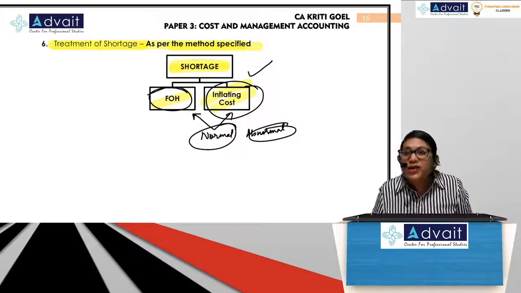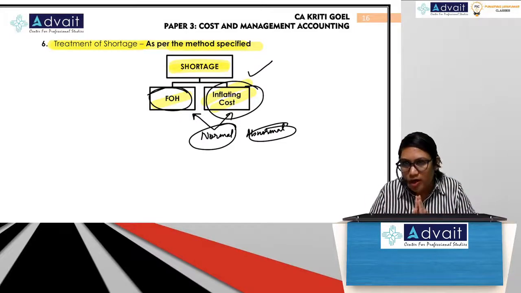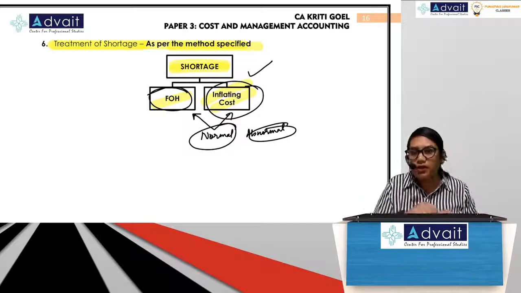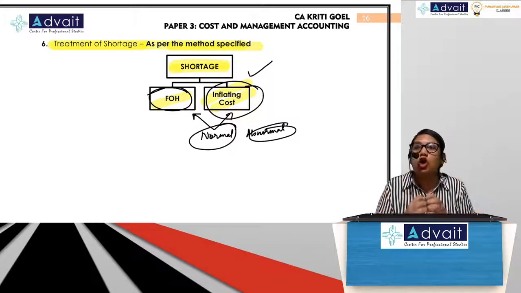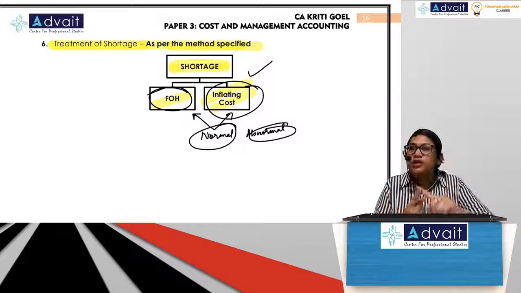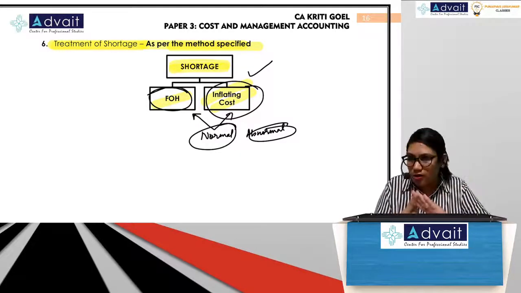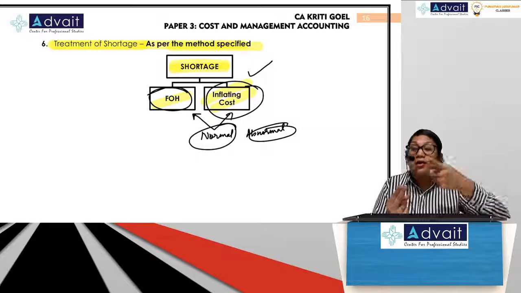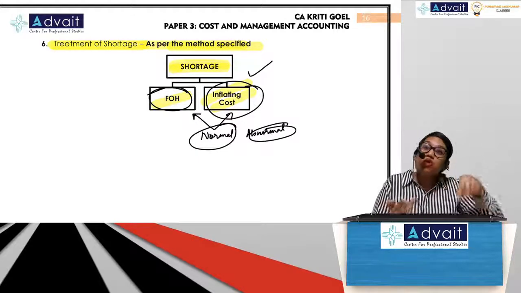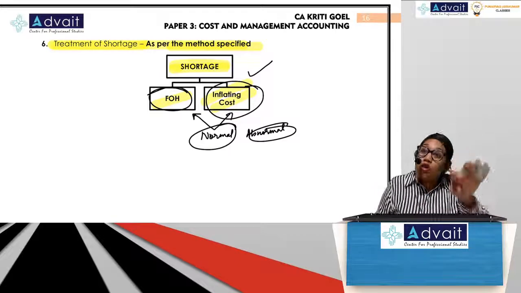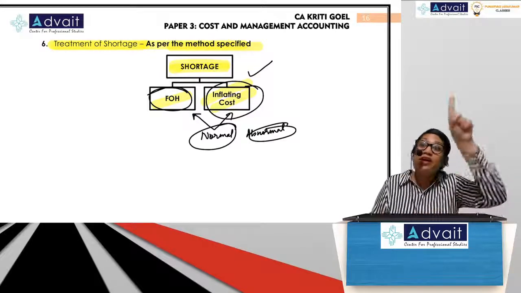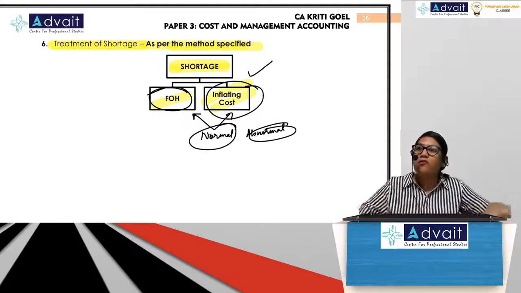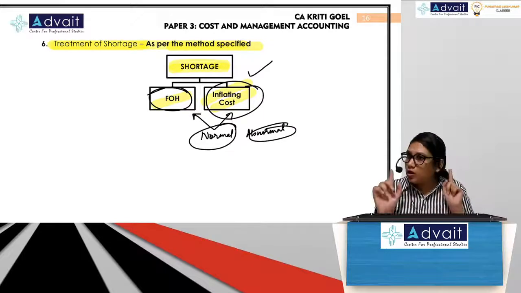But if it is to be treated as FOH, we don't know that yet. So don't worry, we will understand this with the help of a sum which I have given in the book. In that sum, we will treat shortage. First, we will assume shortage is normal, and we will treat it as FOH and by inflating. Then we will assume shortage is abnormal and show how it goes to costing P&L account. I will also give you journal entries for the same so that you can link it to your cost accounting systems, which are integrated and non-integrated accounts. So everything will be complete here only. Is it okay? Shall we move on?